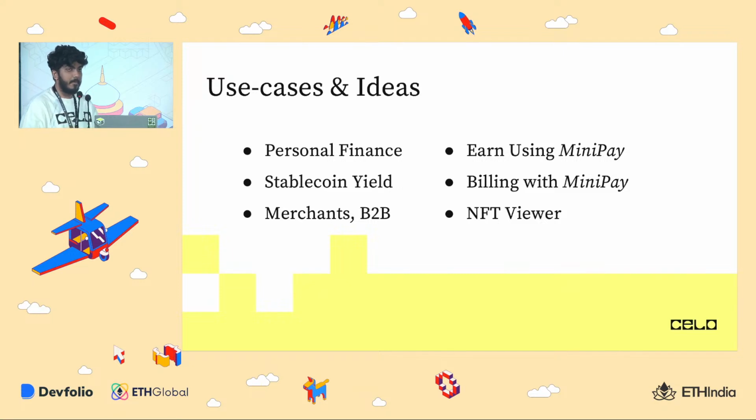One of them could be personal finance apps, apps which allow budgeting, income, expenditure type of apps, stablecoin yield type of apps. You could build apps which allow transacting with merchants or make it easy to do B2B transactions. You could build earn type of apps, like move to earn, run to earn, all those earn type of apps. You can build billing type of apps, like apps where people can see analytics about